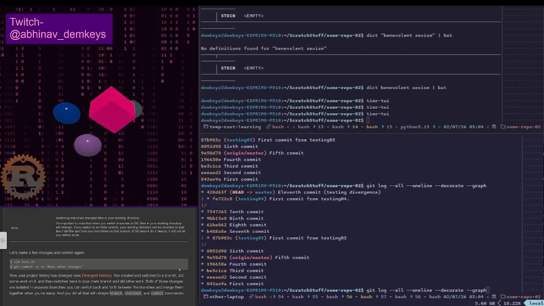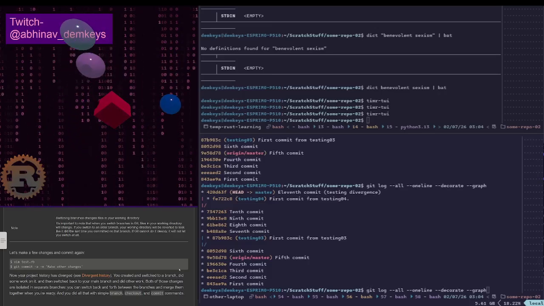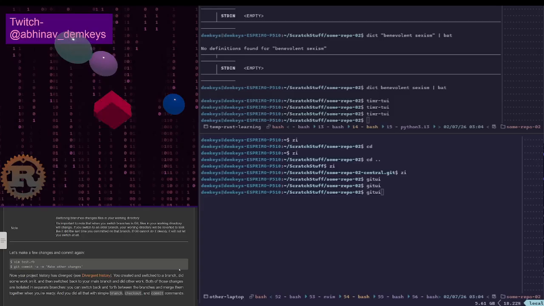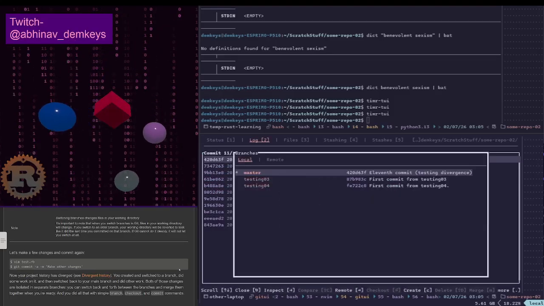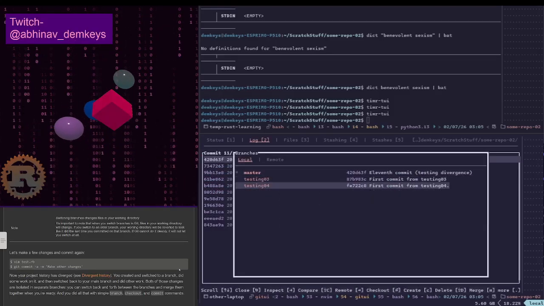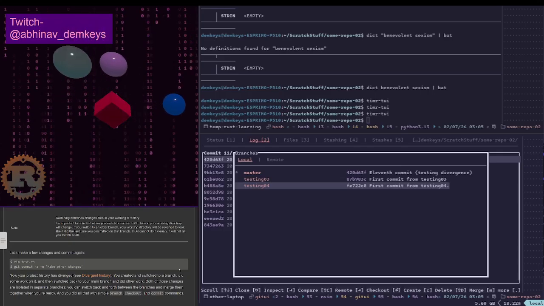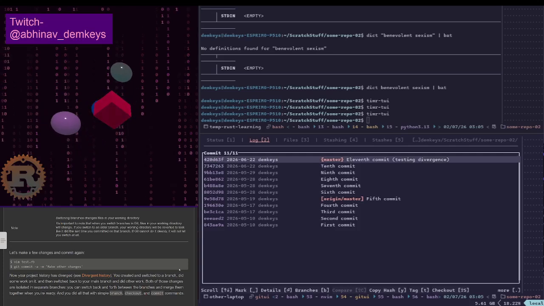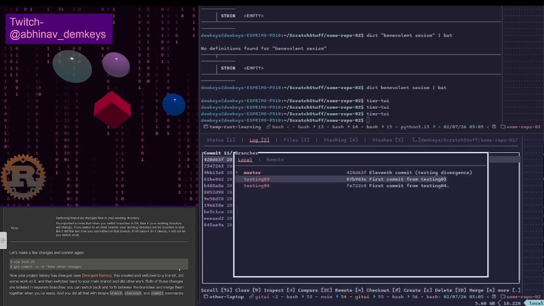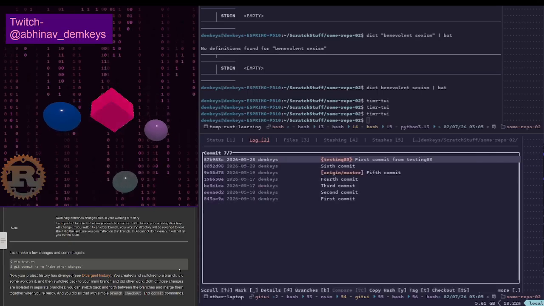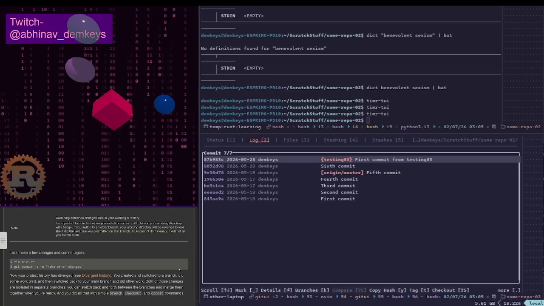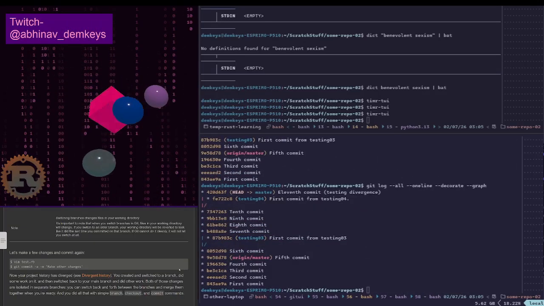Oh, okay, we apparently have multiple branches so far. So wait, how many branches am I sitting on? Let's look at, okay. How far behind is, so we are on master. It's not showing us where the other branch is. The other branch is here. Oh, actually, I could look at the graph to see that. So testing 03 is way far behind.